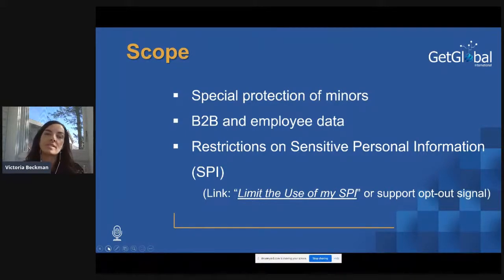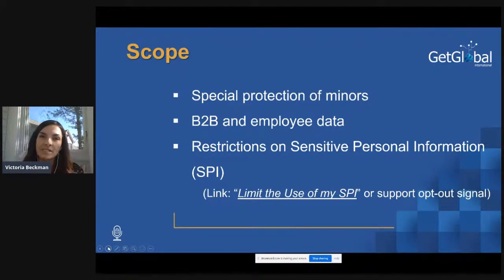In terms of the business-to-business and employee data, the CCPA recently, I can't really remember, it's been a crazy year, but about 2-3 months ago, they extended it to apply until January 1st, 2022. And then the CPRA extends that as well until the end of 2023 or January 1st, 2024. And what that means is that the information is not covered, the information that you collect related to employment information or